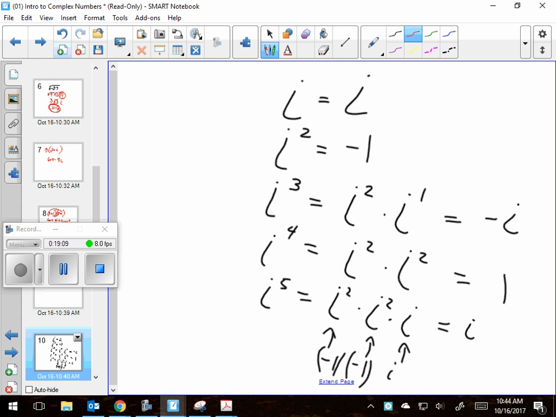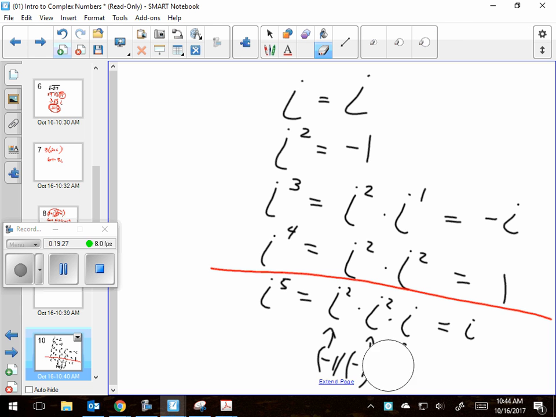Now, the first 4 is the pattern, and it just keeps cycling over and over from there. It's like a repeating decimal. You know, like 0.35 and then 35, 35, 35, and it keeps repeating. This one's going to keep repeating. So if I do i to the 6th, I don't want you to try to memorize these with some dumb rule like, well, if it's ever even, then you gotta, don't do that. Because there's too many possible combinations. It's either negative or positive, and it's either i or it's 1, and there's too many possible combos.